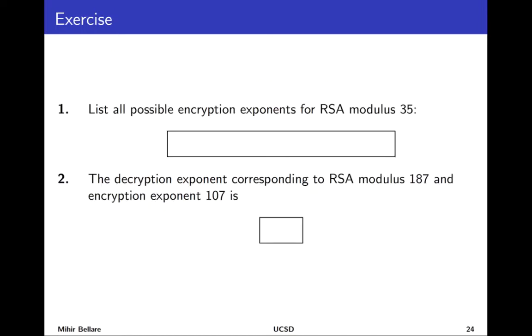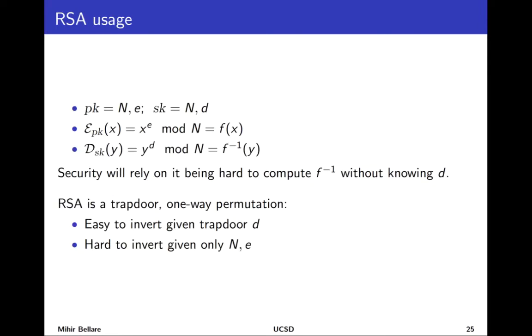So here's a little exercise to play with that type of stuff. When we set up RSA for usage, the public key will be the modulus n and the encryption exponent e. The secret key will be the same modulus n and decryption exponent d. Now, it's only d that's really secret. The modulus n is in both places, but formally it's useful to think of the modulus as part of the